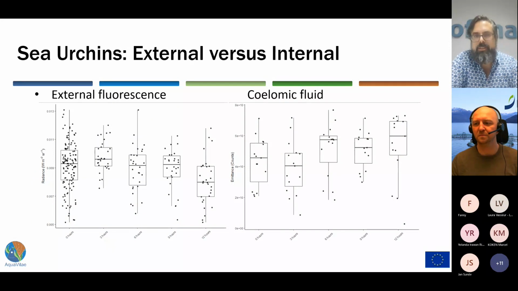So one of the interesting stories that we've seen through our preliminary analysis is that the external fluorescence of the animals has a general downward trend, while the internal coelomic fluid fluorescence has a general upward trend in the same period of time. My hypothesis is that this is in response to the stress, and with such a stress, you have a change in the